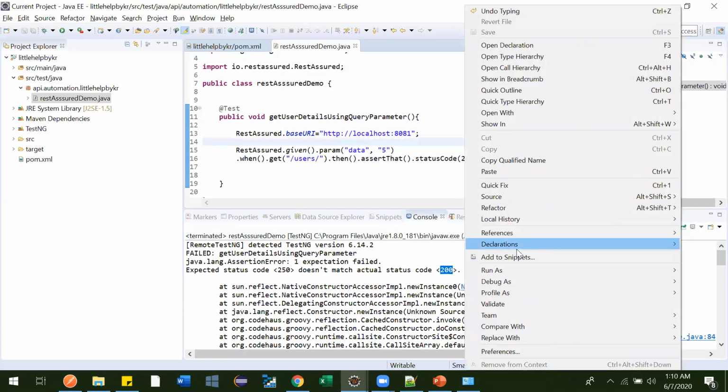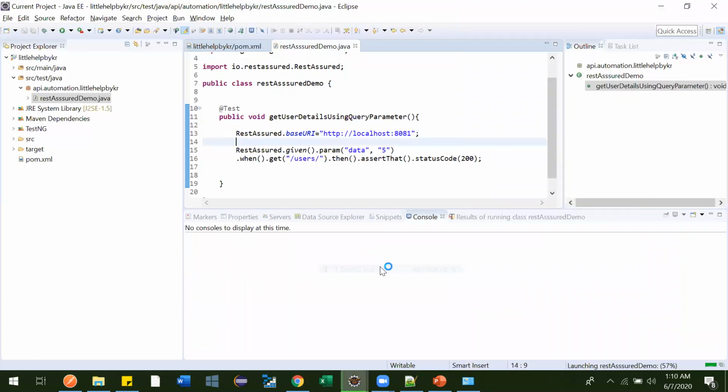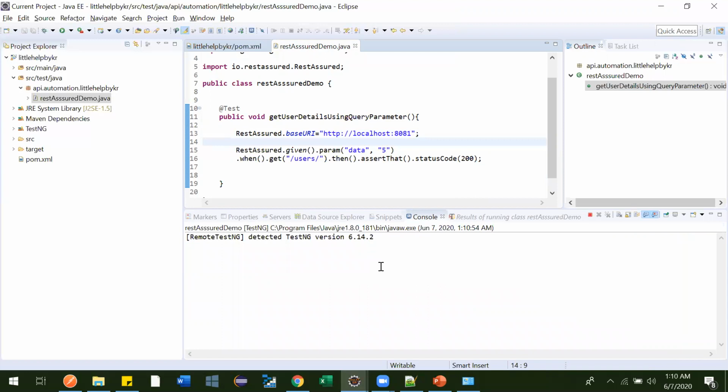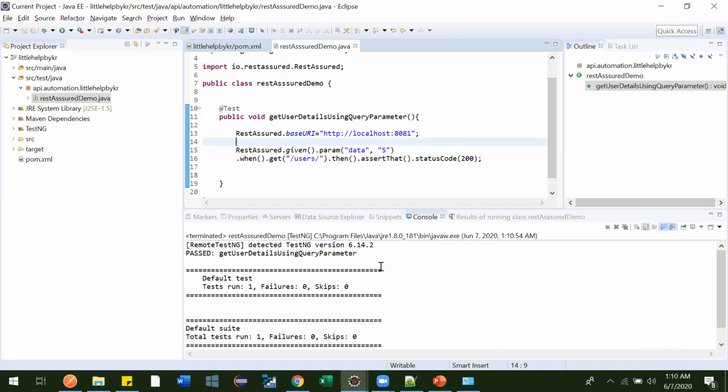So this is how we write our automation tests in companies while working. You might be thinking, are you only verifying the status code? No, this is just one part. We verify each and everything in the response, which I'll be telling in other videos, just to show you at a high level what it is. Now I'll be explaining in detail what will be there in given, then get and everything. Then in assert that, we will be asserting a few other things also. So for the time being, this is what it is.